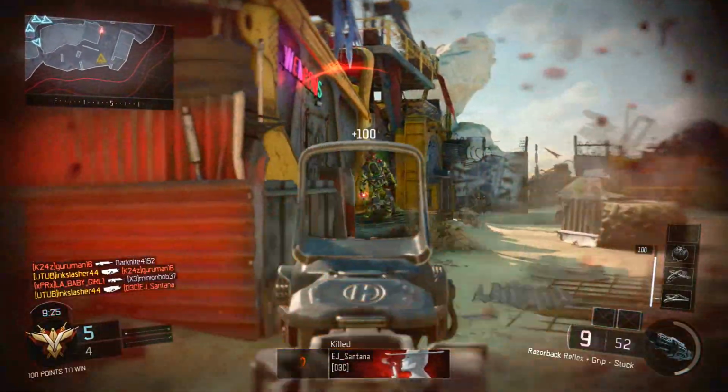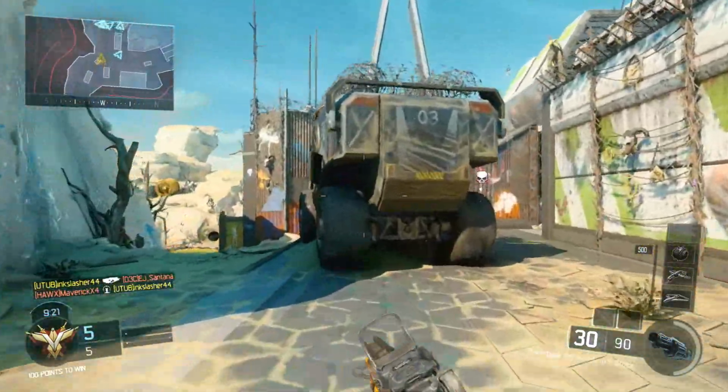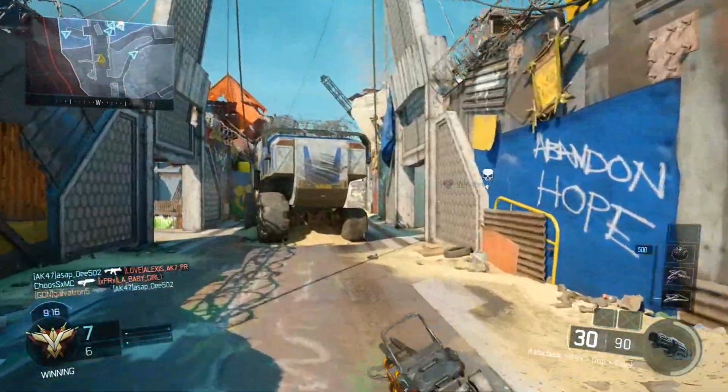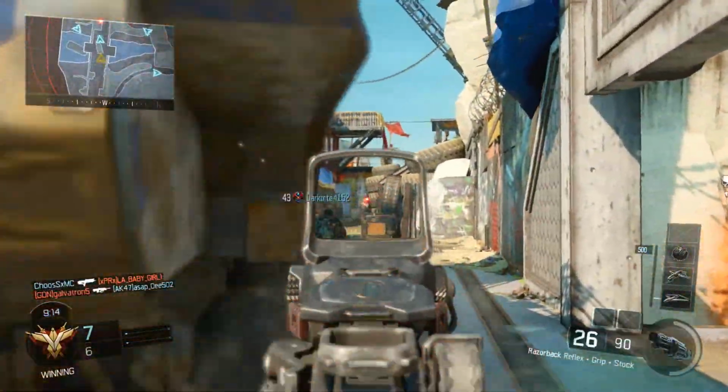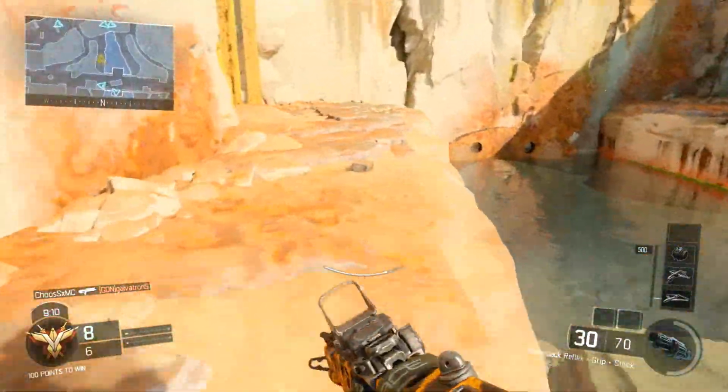I now think the Raps is probably the best score streak as far as getting a lot of kills. If you're one of those guys that likes dropping those 50 bombs in TDM or whatever, the Rap Ship is for you. And finally, the Wraith. So I think I'm going to go Dart drone, Wraith, and Rap Ship, maybe switching out the Dart with a